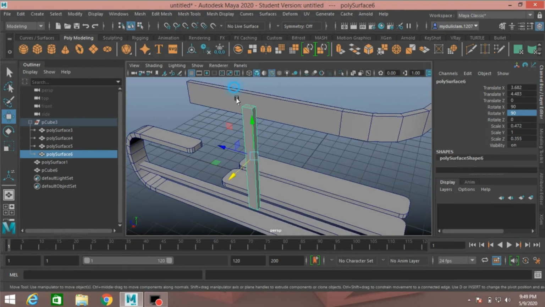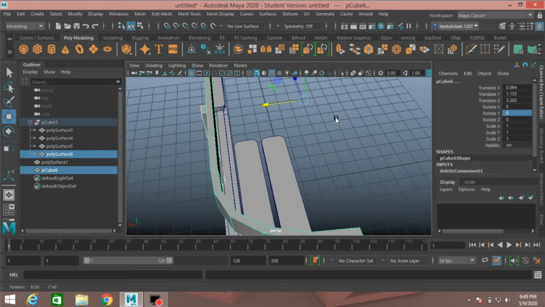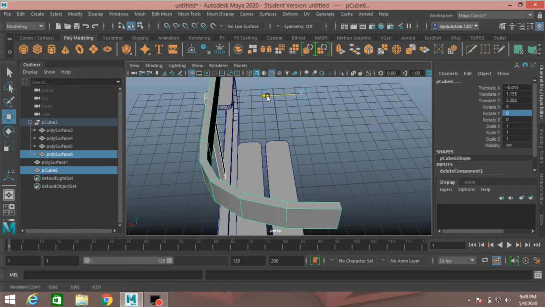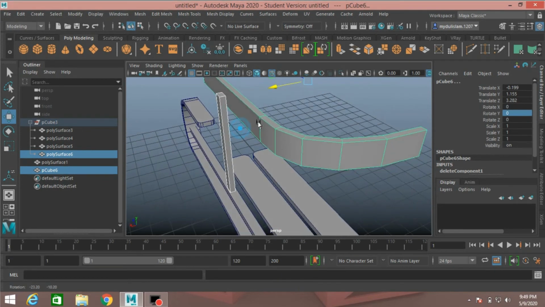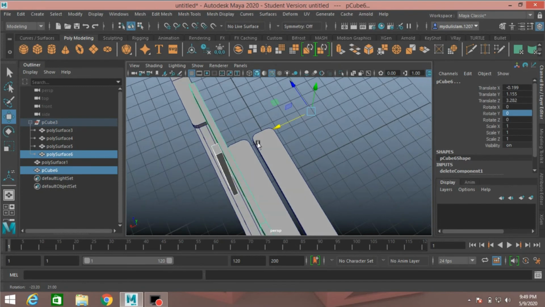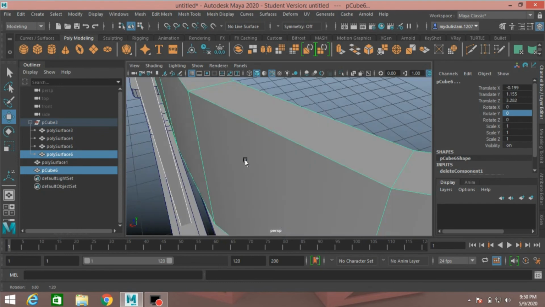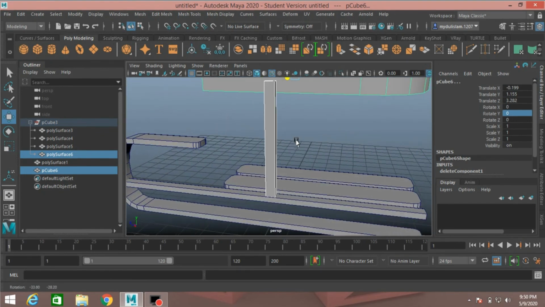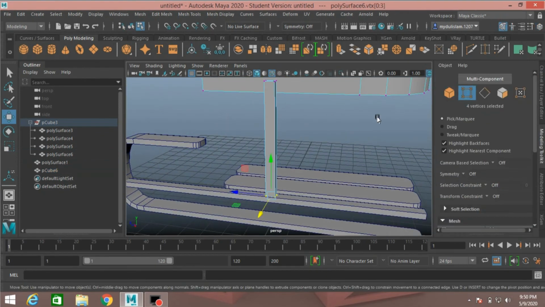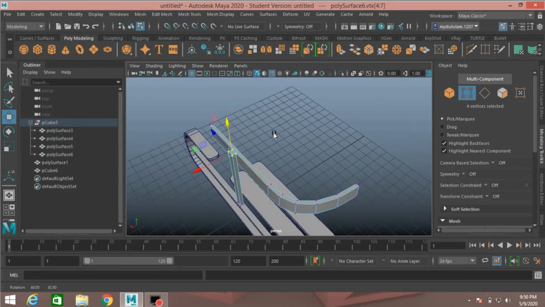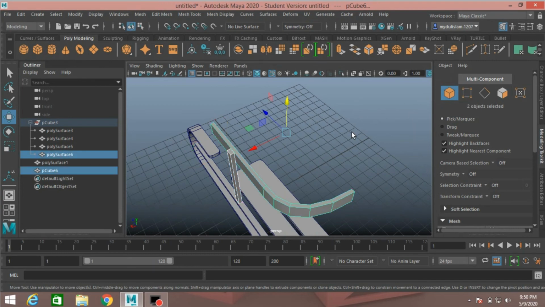And select these two objects and move just like here. Now again go to vertex mode, select this vertex and move it up just like here. Again object mode,